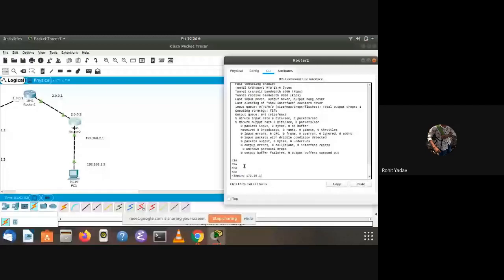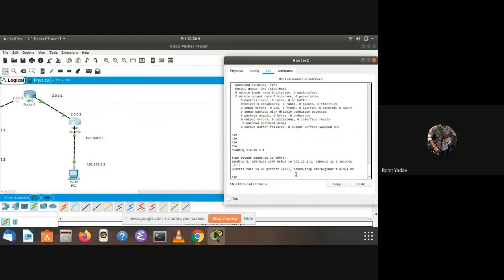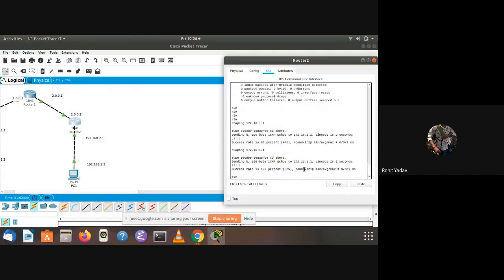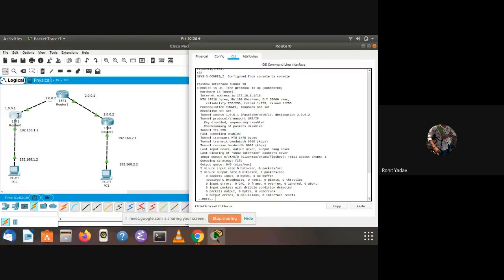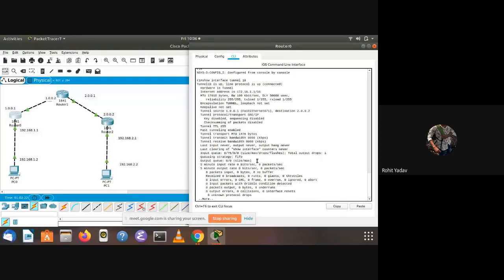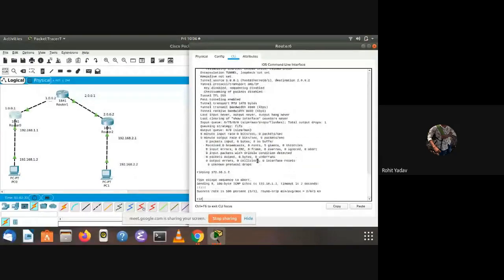We are sending a packet from this router to this router through the tunnel. Let's see if it is working or not. Yeah, it is working fine. Then 172.16.1.2, which is also working fine.